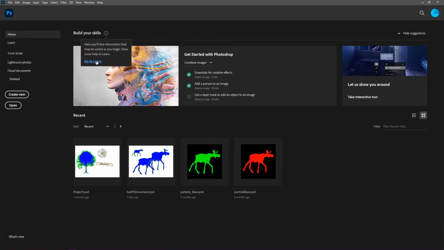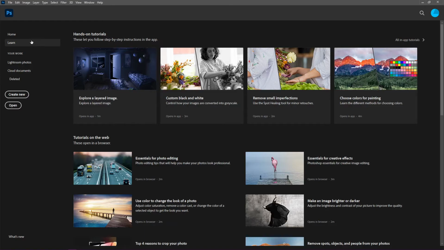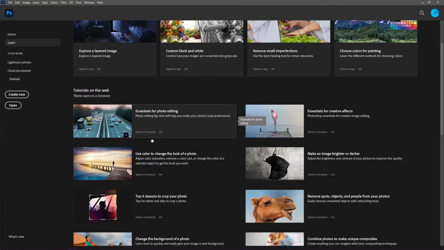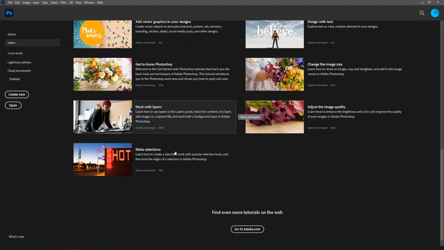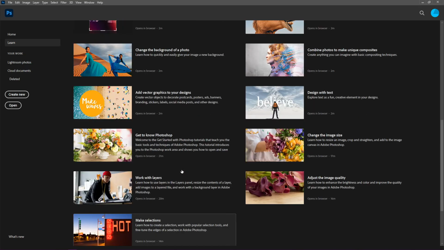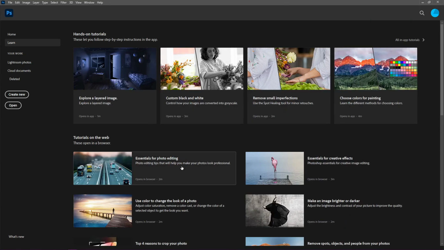The other option too is you can go to Learn either by clicking or using your eye icon. You'll see the list of all the in-app tutorials here that you can activate, but also all of your web-based tutorials as well. So it does go over all of them as far as what options are available to you, the user,